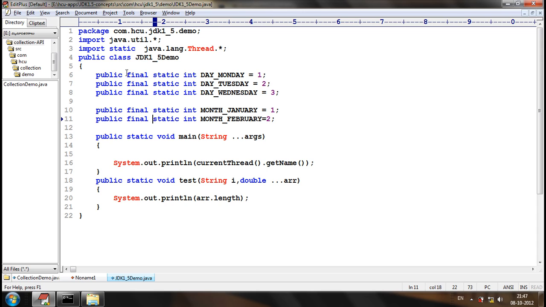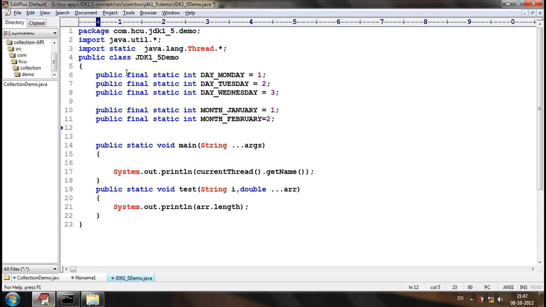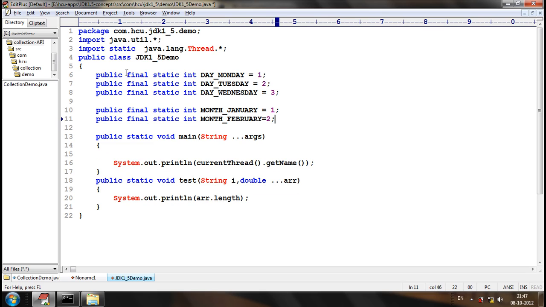But for normal attributes, such as row count, the name should start with lowercase, and from the second word onwards, it should start with uppercase. This is the normal variable convention. But for final static variables, the whole thing should be in uppercase, and multiple words should be separated by underscore.